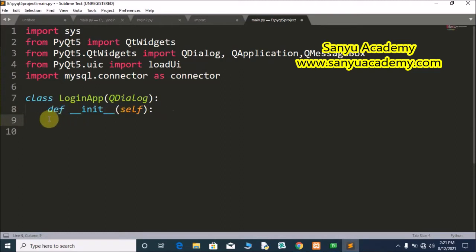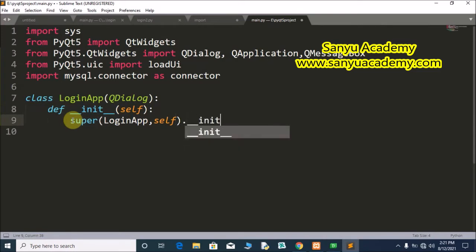After, we have to provide the tab from the class place. Then super, we have to pass the class name to the super class, dot __init__.